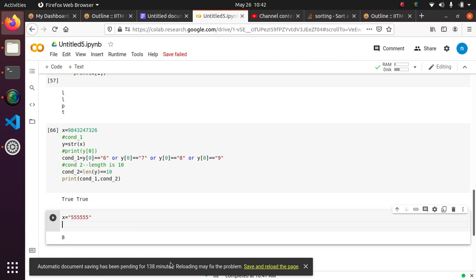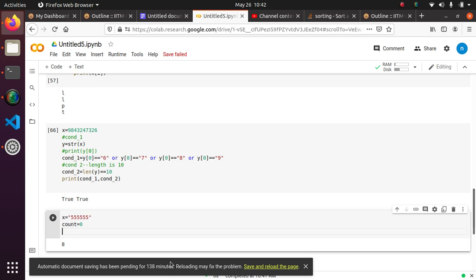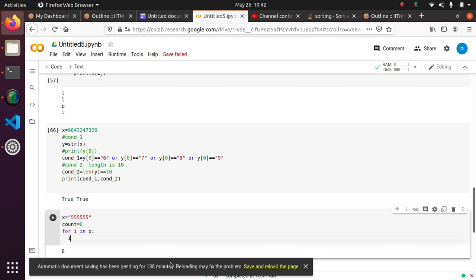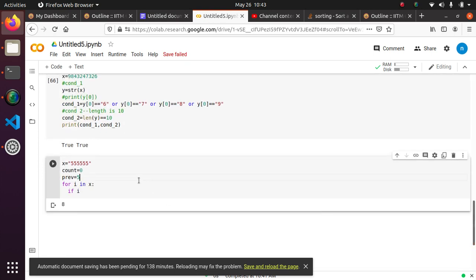I actually solved it earlier. Let me see how to do it. We need to count the number of repeats, so let's have a variable called count equal to 0. For i in x, we compare the current number with the previous number, so initially let's take prev equal to 0.